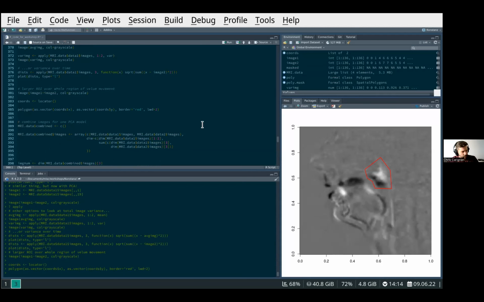So, an important thing when doing PCA. What we're going to do here is more or less the exact analysis that I did for this language paper. I happen to do that in MATLAB instead of R, but the technique that we're using here is the exact same thing. This is something that I do a lot. I've used PCA for ultrasound and I use it for MRI, and it works really, really well for a certain number of research questions. But if you haven't used PCA in this way, what you really need to remember is